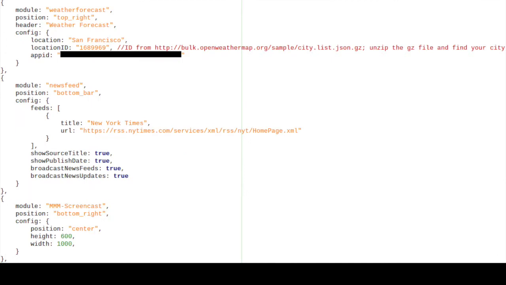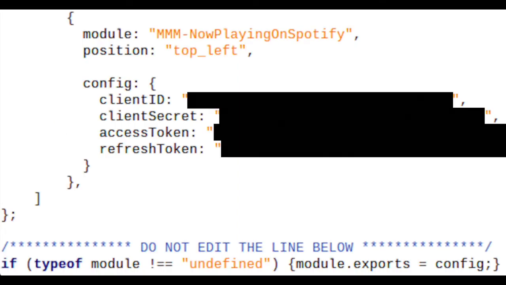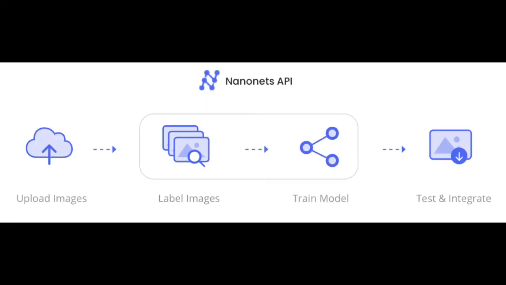Here's the feed for the modules I already talked about, which are the YouTube module, the New York Times feed, and the weather forecast. And lastly, the Spotify module requires various links that are all available through the Spotify Developers app. Now that I have included all of the modules I want and have learned how to download and replace them,